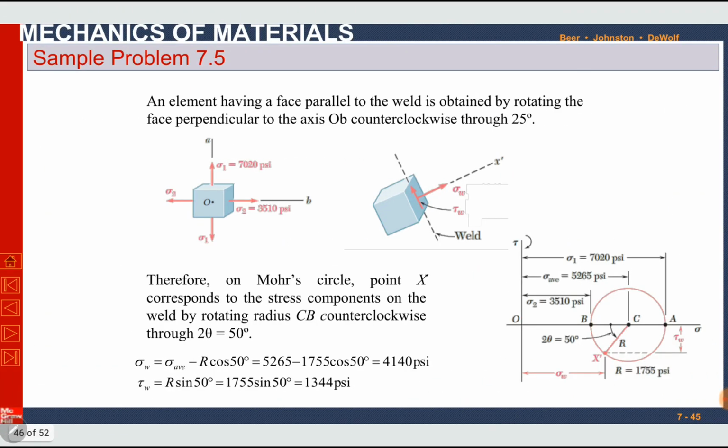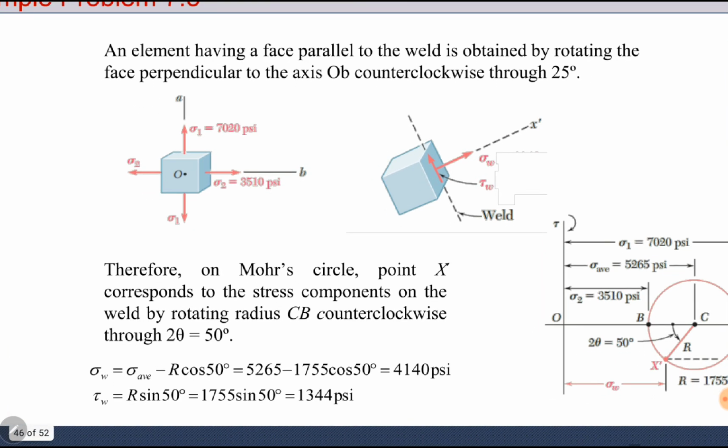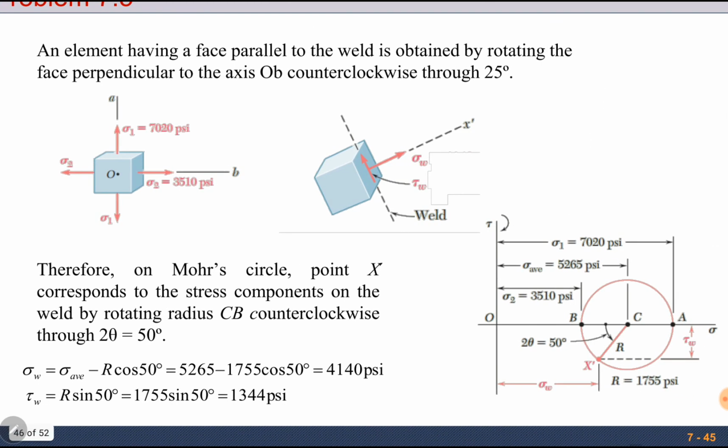Here sigma 1 and sigma 2 were given. If we rotate it, we can find sigma W and tau W. Here sigma W is perpendicular to the weld and tau W is parallel. From this triangle, from this diagram, sigma W is equal to sigma average minus R cos 50. We make it a triangle and call it point K, for example. So sigma W is equal to OK. It is OC